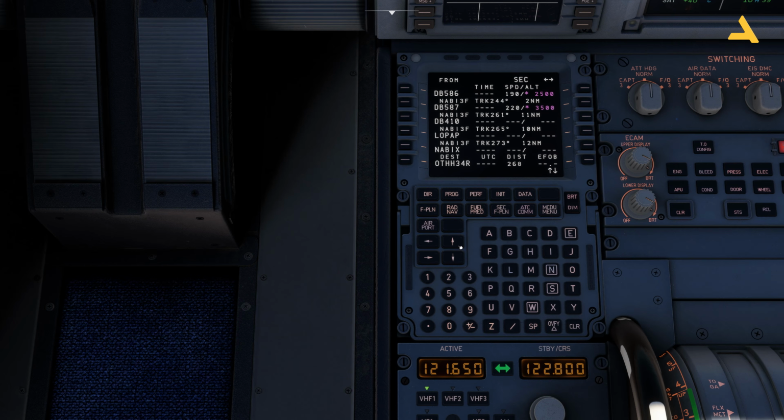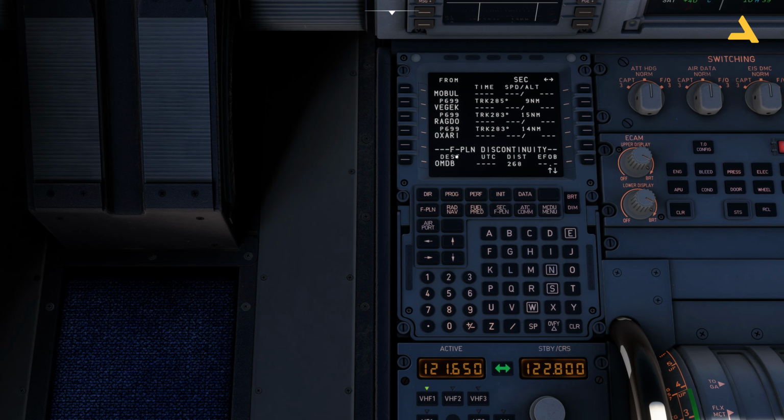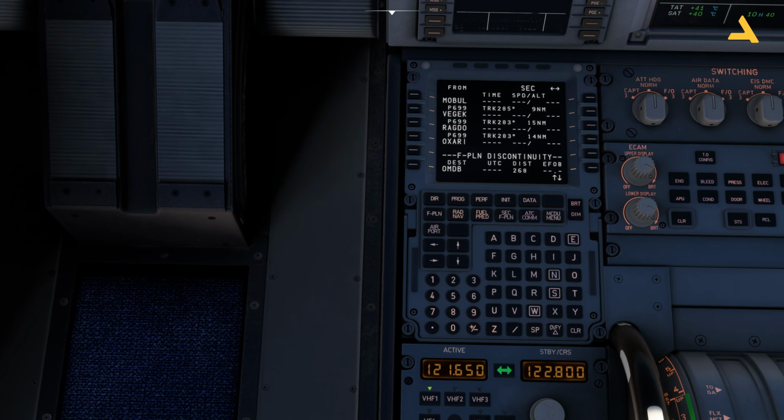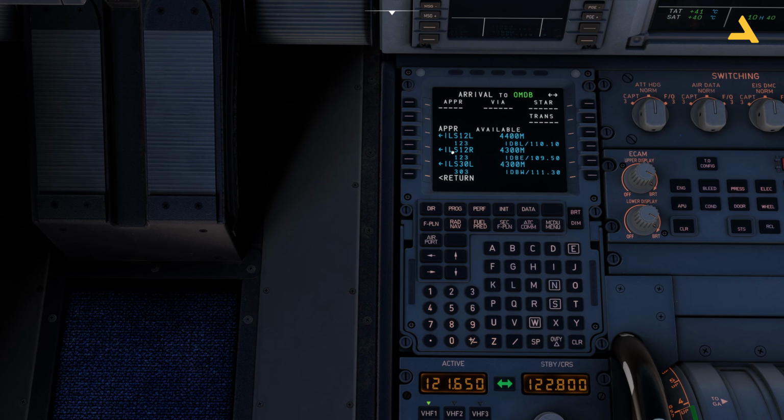So let's say if you are flying and at this point you decide to go back. So let's say at this point I just decide to go back to Dubai. I can just enter OMDB and new destination. I can just put it over here. And now after Oksari, I'm just going back to OMDB. It will just appear over here. I'll just show you. And then you can select the arrival. Let's say if I select ILS runway 20 right, and